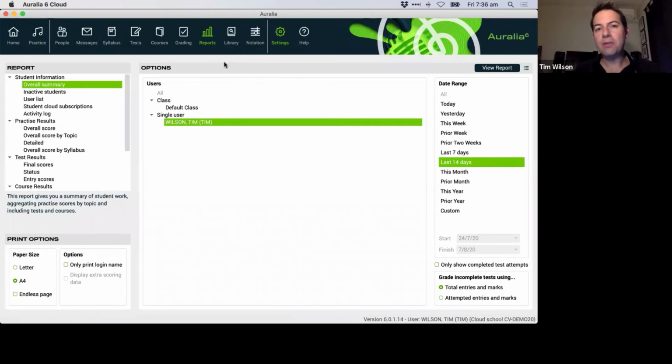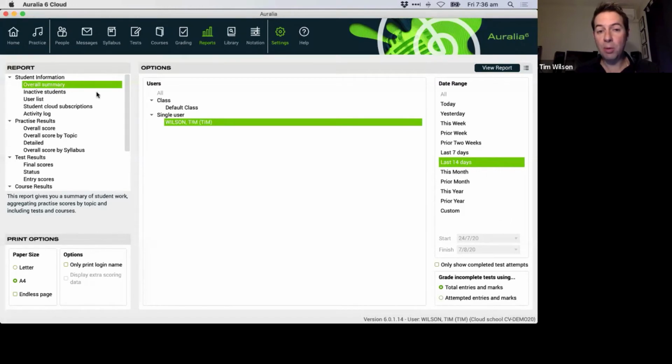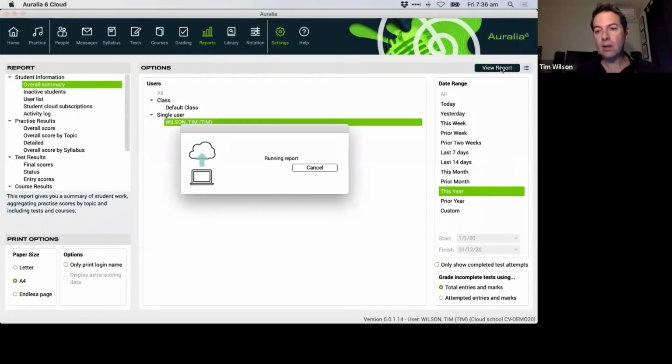So for more detailed information that you may not get from your LMS, you can jump in here and there are all sorts of reports. A really useful one can be just the overall summary report. So if I just need to see how student Tim Wilson has gone this year, I can view this report